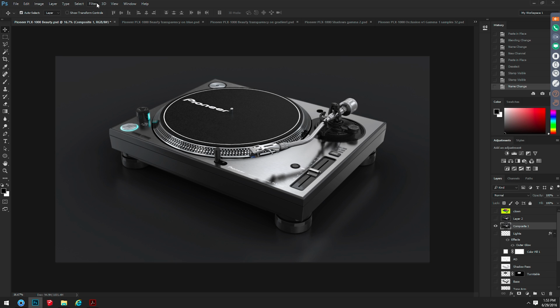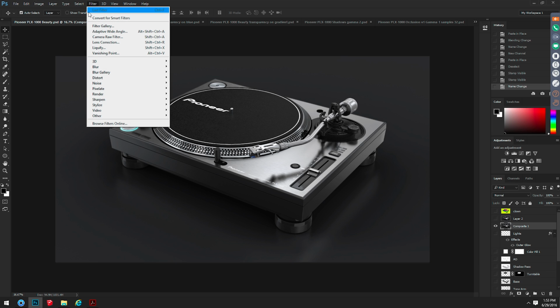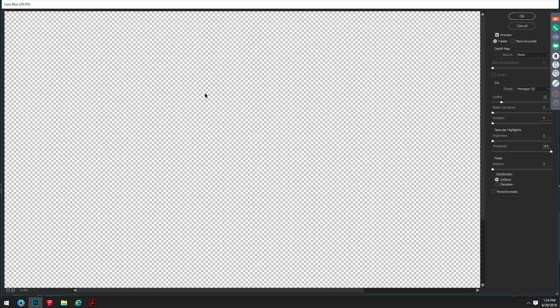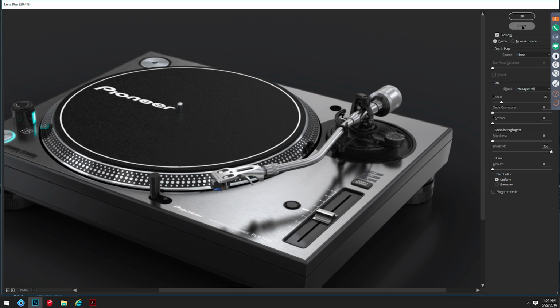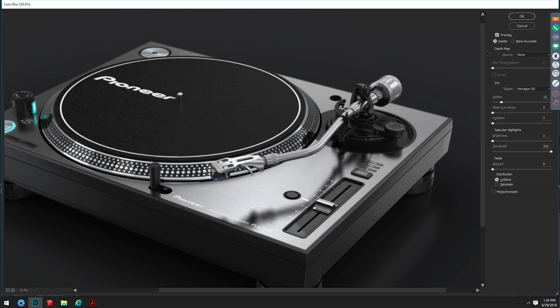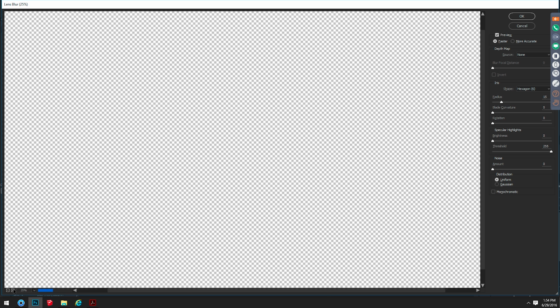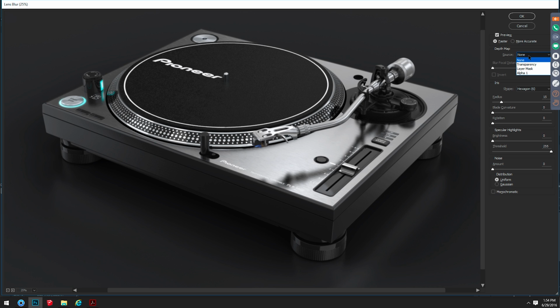So now what we'll do is we'll go into our filters, and then in order to do depth of field, we can go to our blur and then lens blur. So if I select lens blur, you'll see that it brings up my image, and it's going to apply depth of field, but right now we don't actually have any information for the depth. So what we have to do, and it's really simple, and let me scale this down a little bit so we can see it in our window here, is set a depth map, and that's our alpha 1. That's our depth pass that we added. So if I click on that,